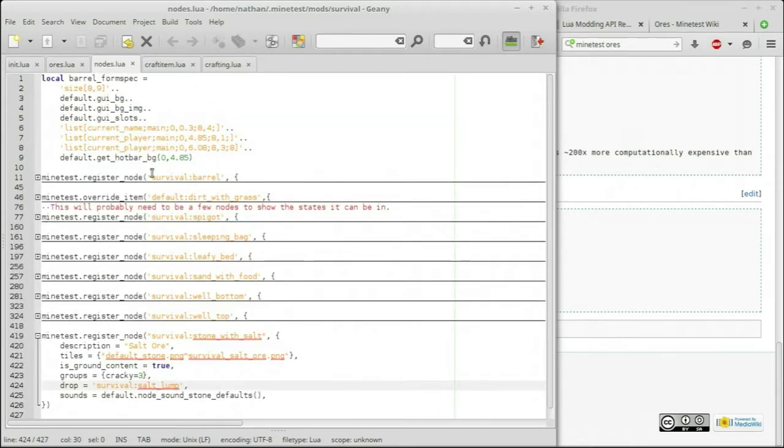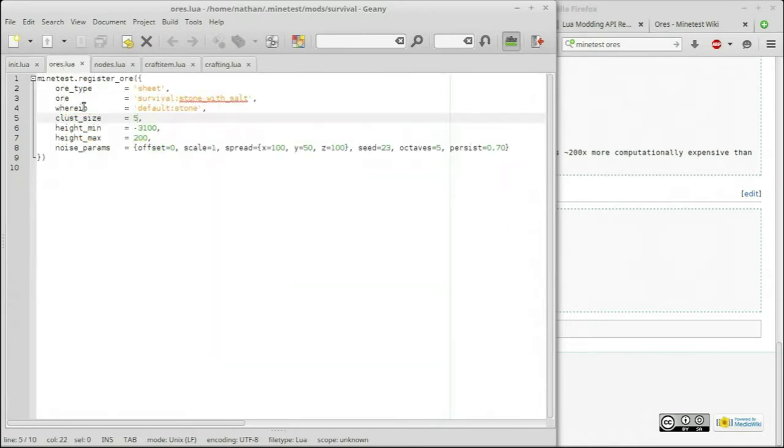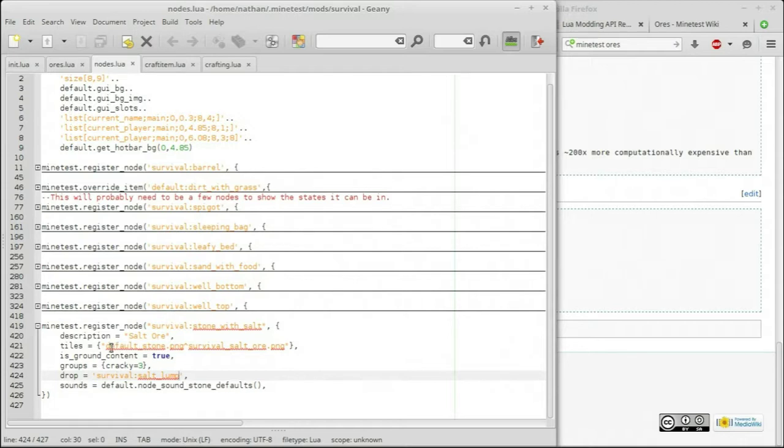Let's hop over and take a look at the ore now. As I mentioned before, we are just making a normal node here. The best thing to do, so this will work with any texture packs, is to do the tiles and do it like this. If we are putting it in default stone, let's take the texture for default stone and then put a little caret here, and that is done on most keyboards. Shift and the number 6, put in a caret. You only want one, and then you do your next texture, which should be,